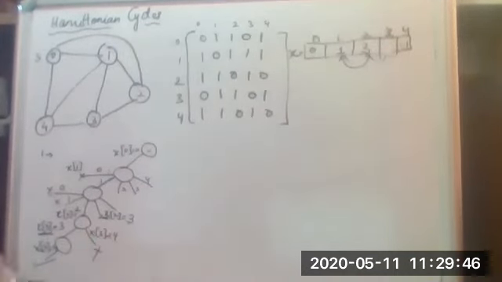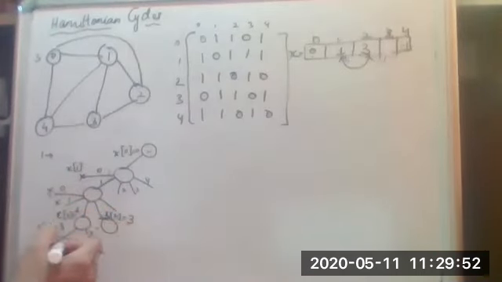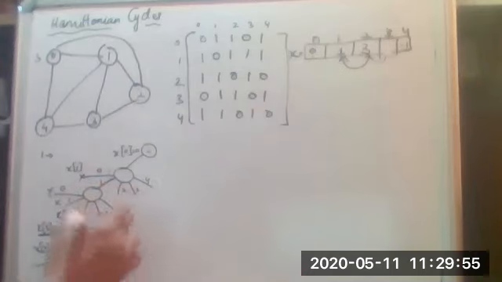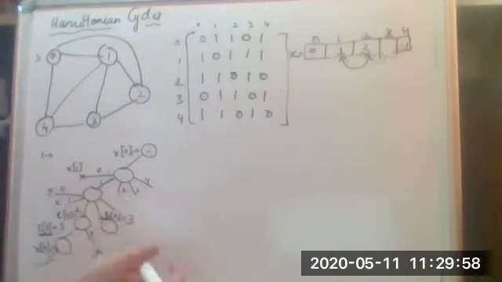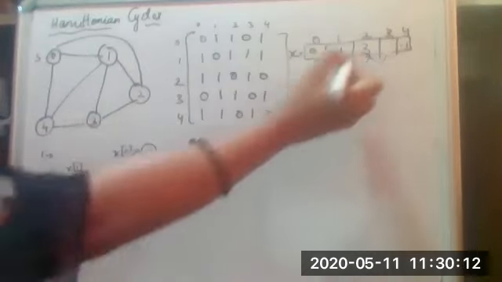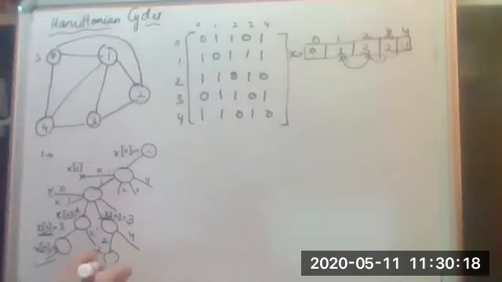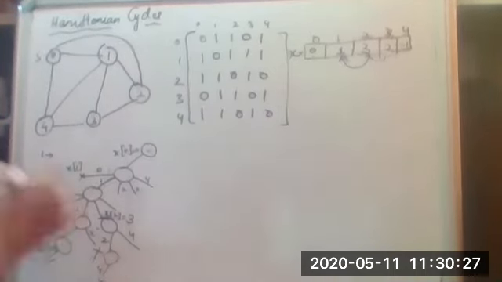Fine. Now at this particular point, we have taken this. So what values I can take: 0, 1 and 3 cannot be taken, so I can take 2 and 4. Let's say I select 2. If from x3 I select 2, 3 to 2 there is a path, so that gets chosen. From 2, do I have a path to 4? No. So that again becomes a bounding function. I hope this is clear. So I cannot make this choice.